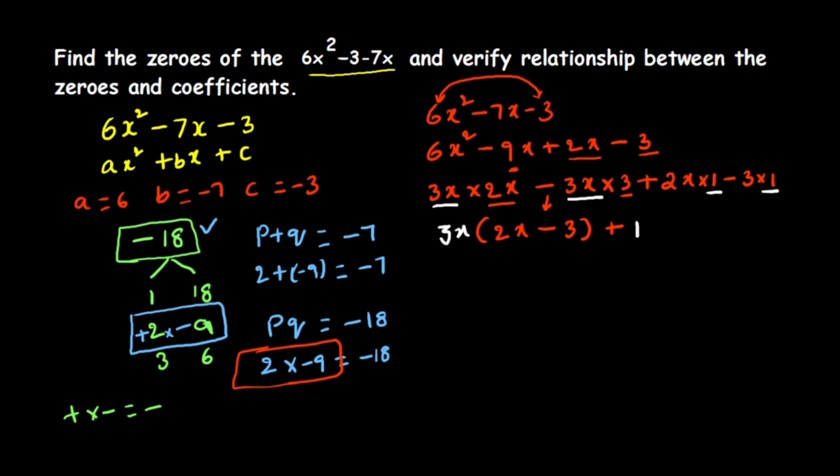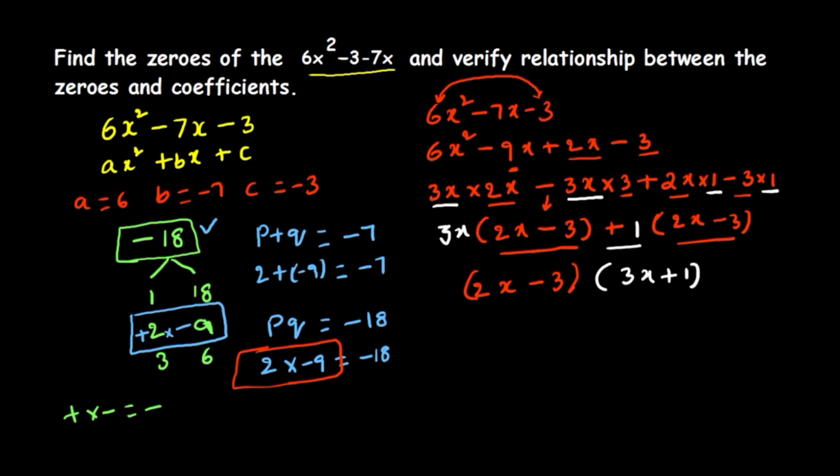Now after taking that, here I have 2x and here minus 3. Finally, this 2x minus 3 is the common factor here. Then the other side we have in white color, that is 3x. That is 3x plus 1. So along with the symbol it is plus 1, 3x plus 1.